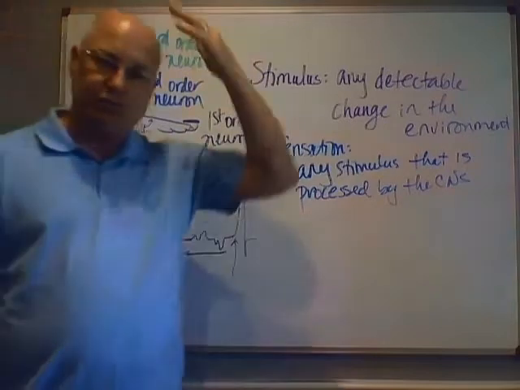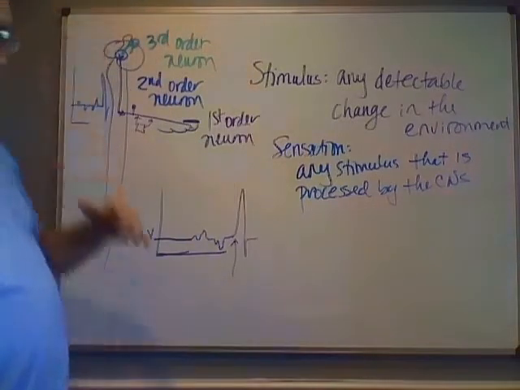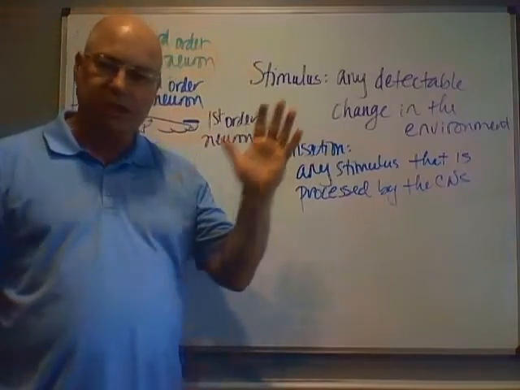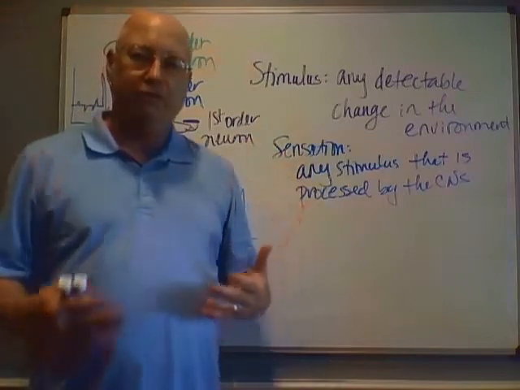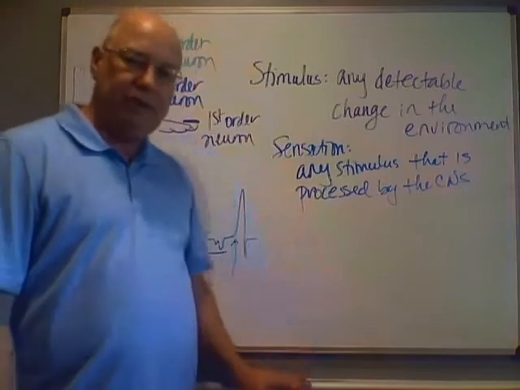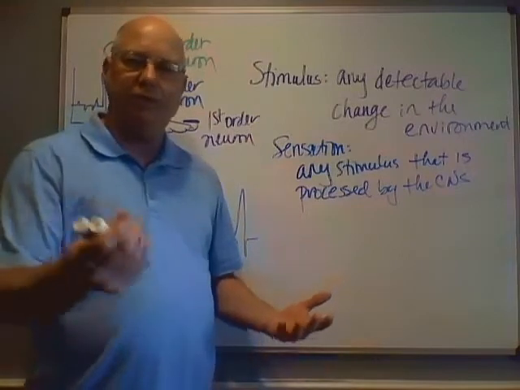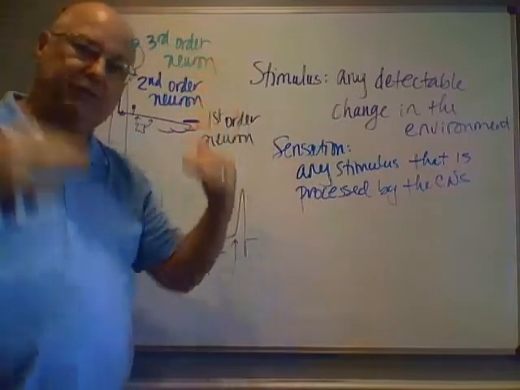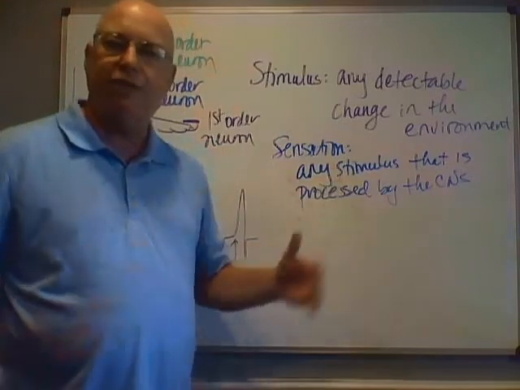Now, not all sensations reach our conscious awareness. Many times this sensation will fire, but somehow, some way, our thalamus has the ability to filter out a lot of sensations, over 99% of them, because we can only pay attention to what's important. For example, while I'm talking to you and waving my hands, you guys are very much unaware that there's a little ledge right here, or there's a metal border around this, or that I'm holding markers in my hand over here, because you're trying to pay attention to what's important, and your brain has to filter out. The seat pressing on your butt, your clothes on your body get all filtered out